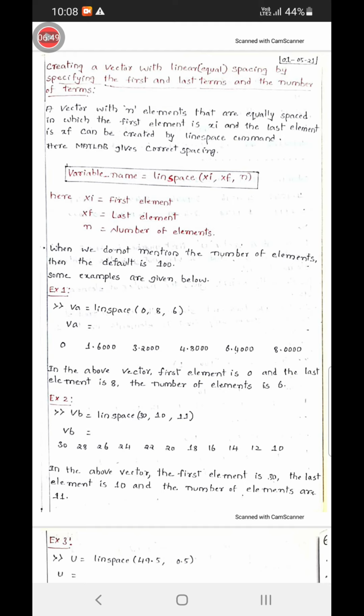So MATLAB divides the range 0 to 8 into 6 values, so we automatically get equal spacing. After discussing the example, you all have got the idea, right?